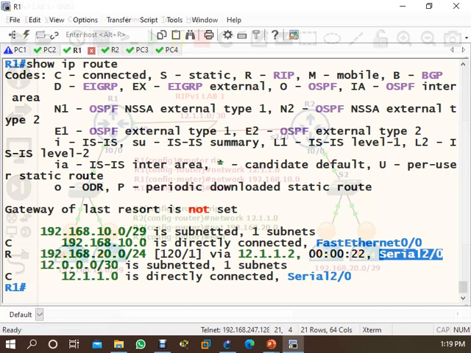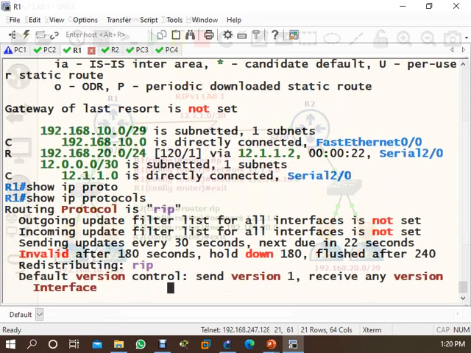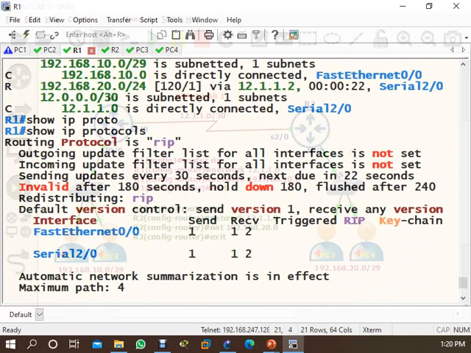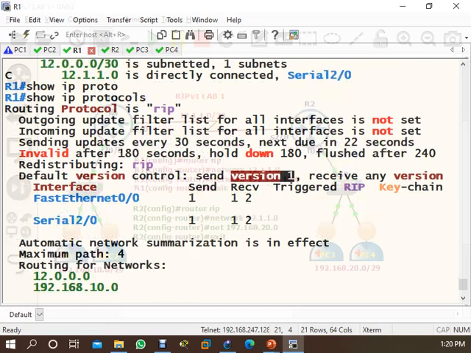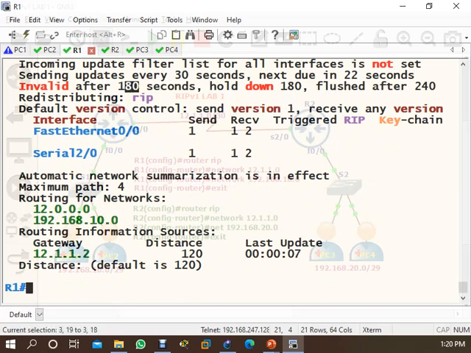Okay, and this is your exit interface. Now here R means RIP, and if you type show IP protocol, see, it is saying that the running protocol is RIP. Yes, only one RIP protocol is running. Okay, and which version is running? Version 1. We'll show you all these details slowly. It's also saying how many maximum load balancing paths you can support: 4. Okay, and see, routing information.